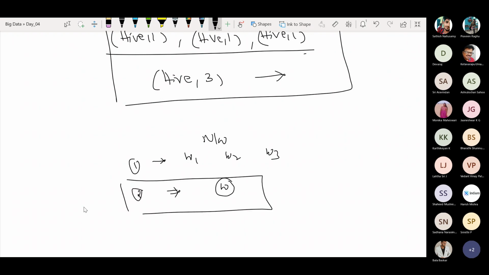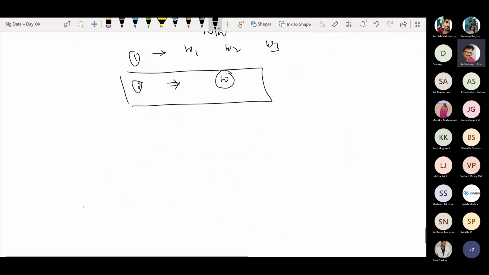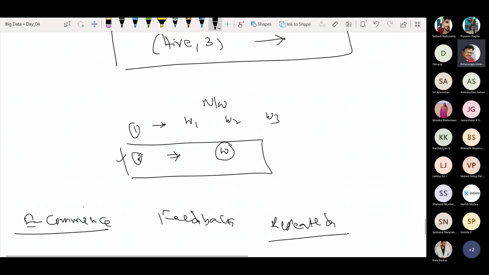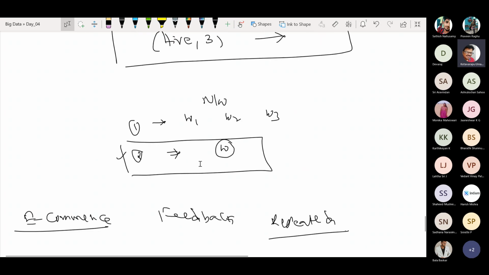Now, in a typical Twitter or any e-commerce kind of application, we'll be getting the feedback in the repeated mode, friends. Repeated mode. Okay, so it is always the club. In this case, I'm using only three Hive repetitions. But see here,